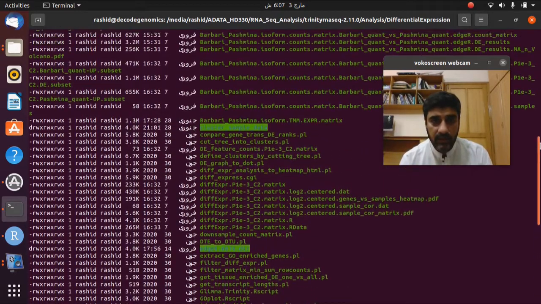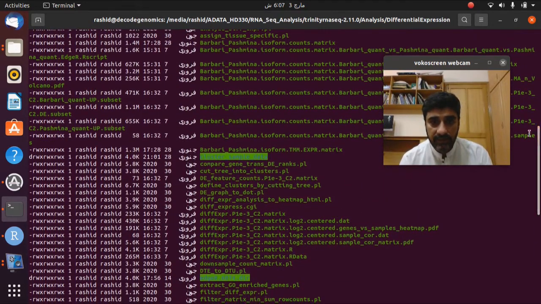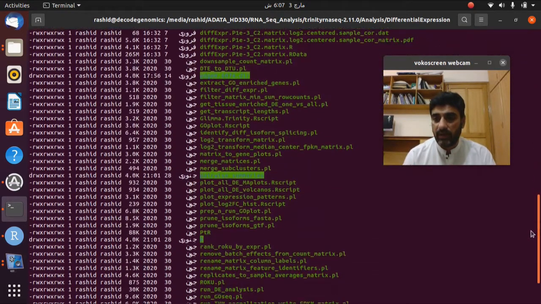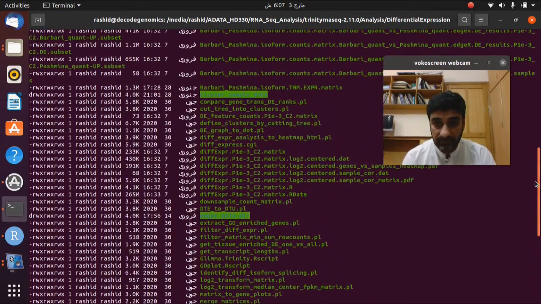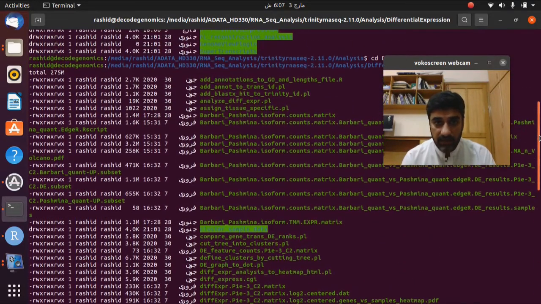Yes, this is the Burberry pashmina isoform TMM expression matrix file. So this is our input file, and now we are going to use a Perl script. Let me check.